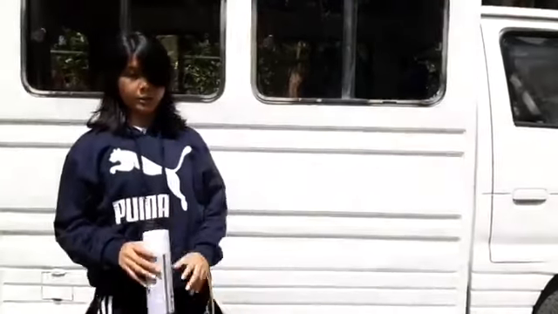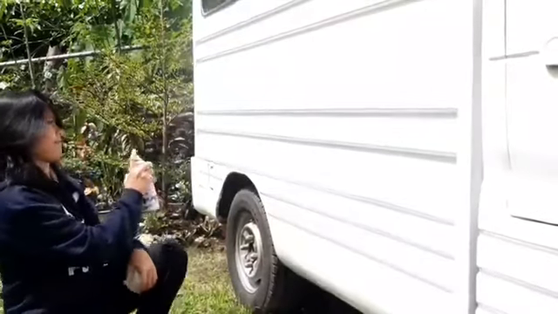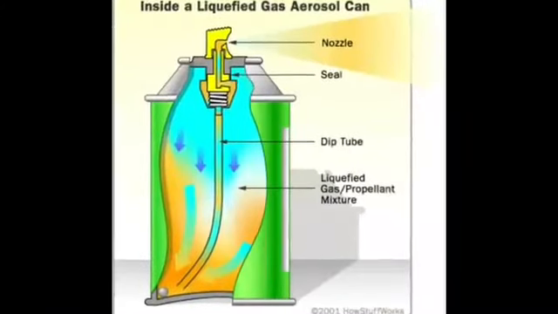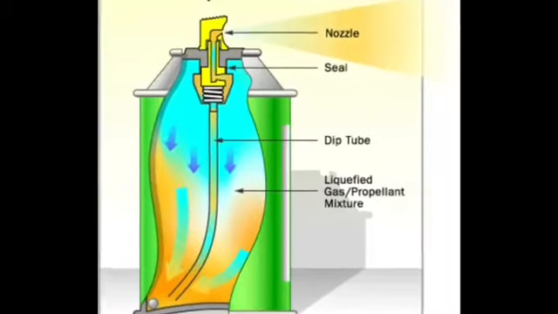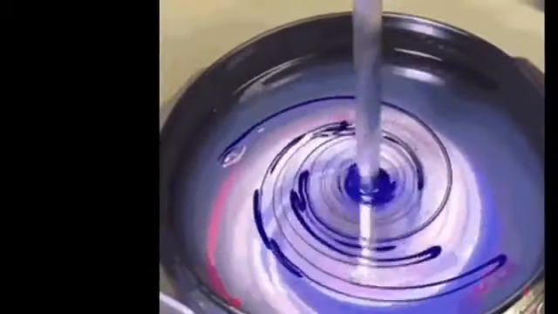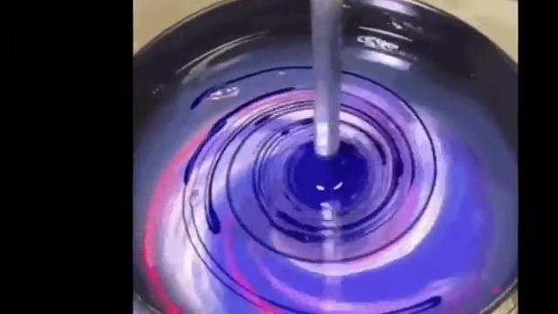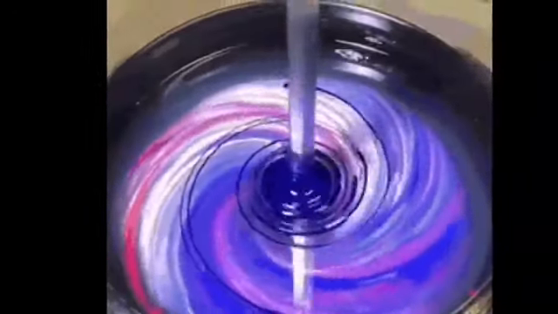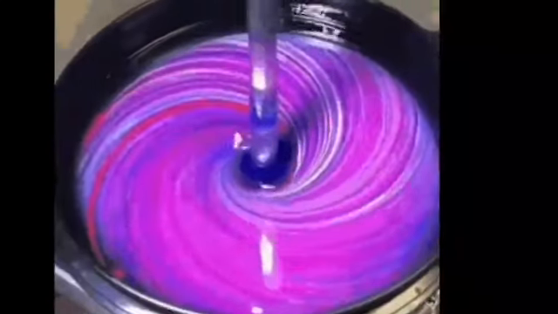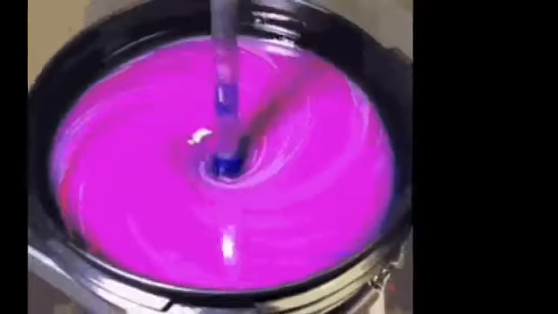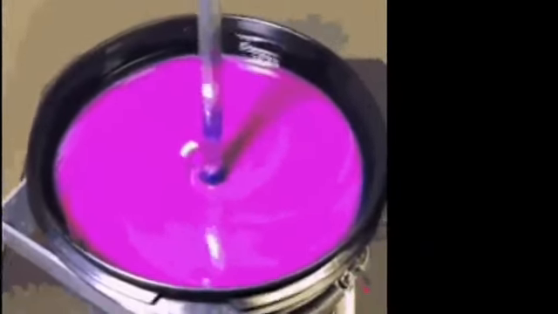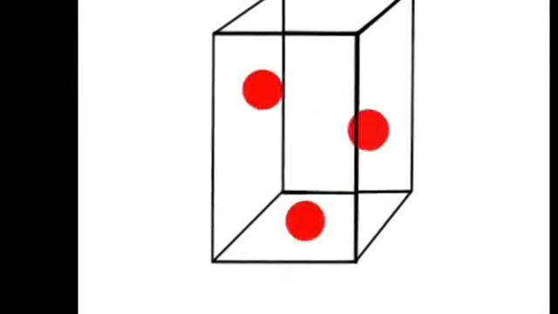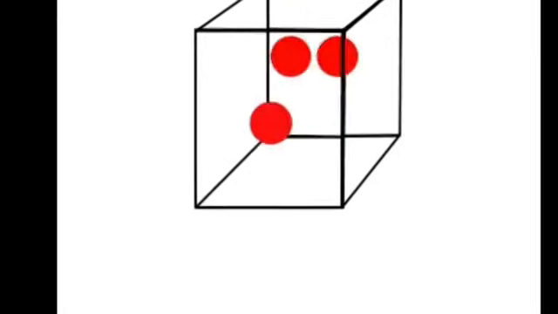Spray paint. Do you ever wonder why there's a ball inside the spray can when you shake it? Before you spray a can of paint, you are supposed to shake it up for a while as a ball bearing rattles around inside. There are two substances inside the can. One is your product, paint for example, and the other is a gas that can be pressurized so much that it retains a liquid state, even when it is heated past its boiling point. This liquefied gas has a boiling point far below room temperature. Because the can is sealed, the gas is prevented from boiling and turning into a gas.